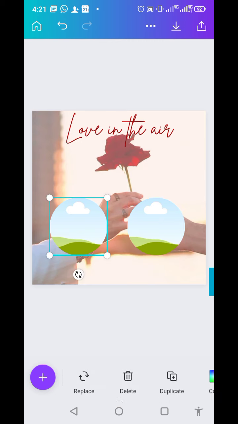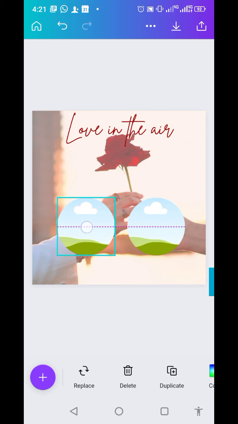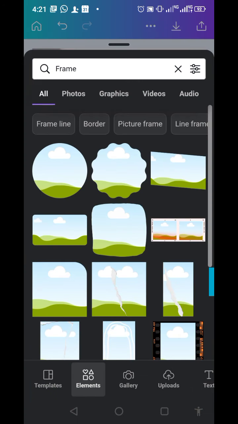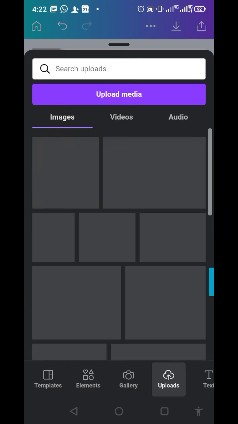Okay, make sure it's on the same line. Okay, it's on the same line. All right, so now we are going to get our pictures. So click on the plus again, and this time you go to upload down below to get the pictures